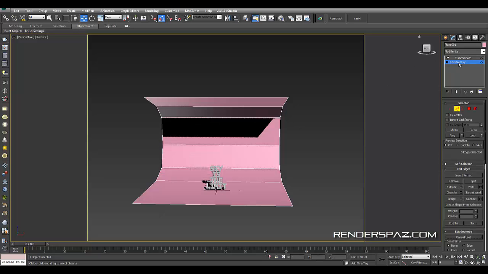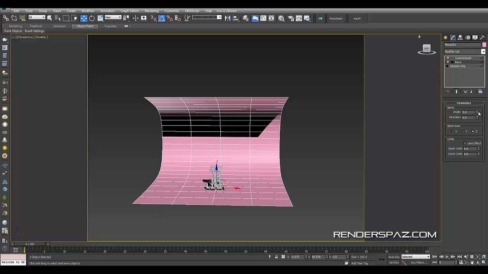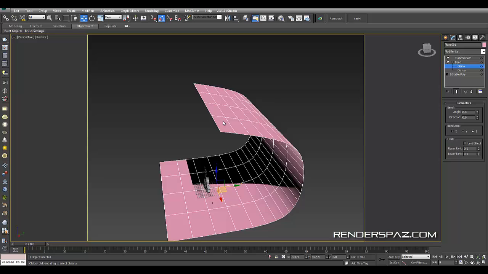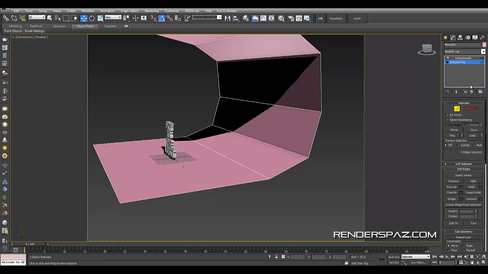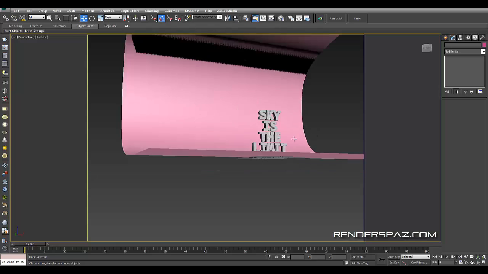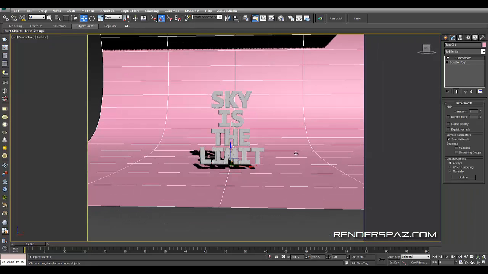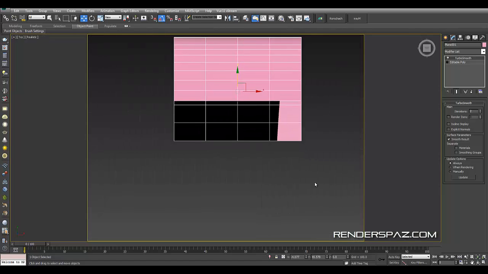All right, you know what? We don't need it. We'll go without the bend. That's okay. We're not going to use the bend. I was just thinking of bending it, but we'll stay with just a straight back wall here. We don't need anything too fancy. All right, so now that we have our backdrop,